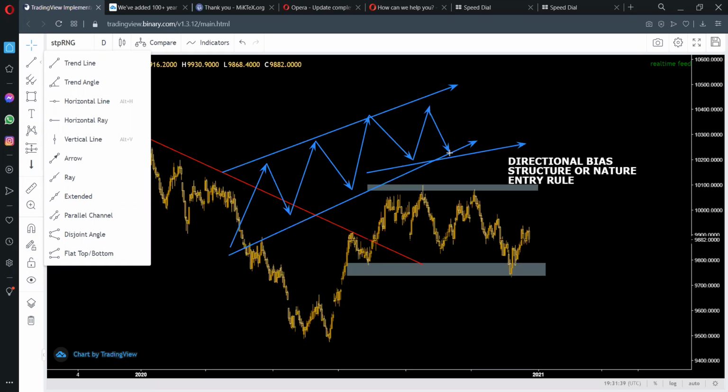Until we break this recent higher low, we consider the market is in an uptrend. Before we can say that the market is in a downtrend, we must break this low, then retest again. We get a retest here, then continue the downtrend. Now we have a series of lower highs and lower lows. Because until we break this one, the market can just